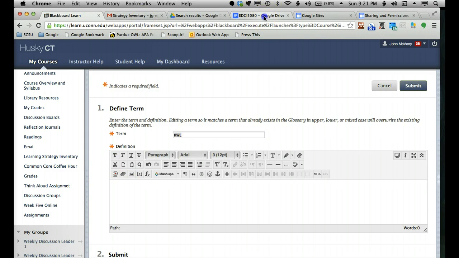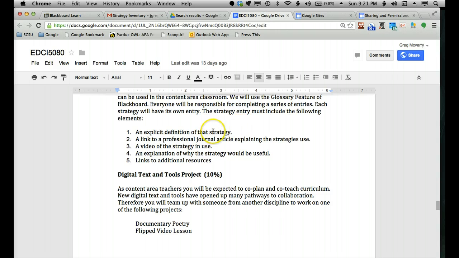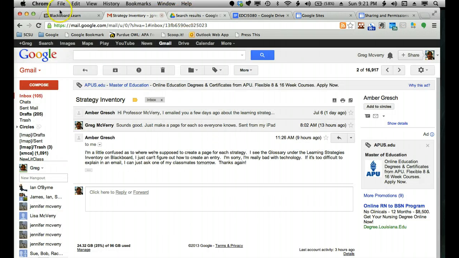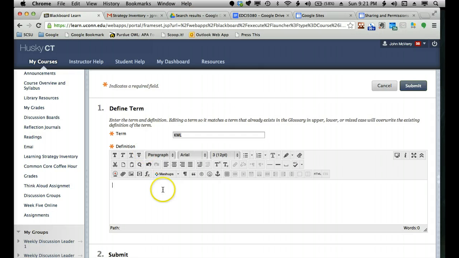If I look at the syllabus, it says I need an explicit definition of the strategy, a link to a professional journal article explaining it, a video of the strategy in use, an explanation of why the strategy would be useful, and links to additional resources. So I can click on